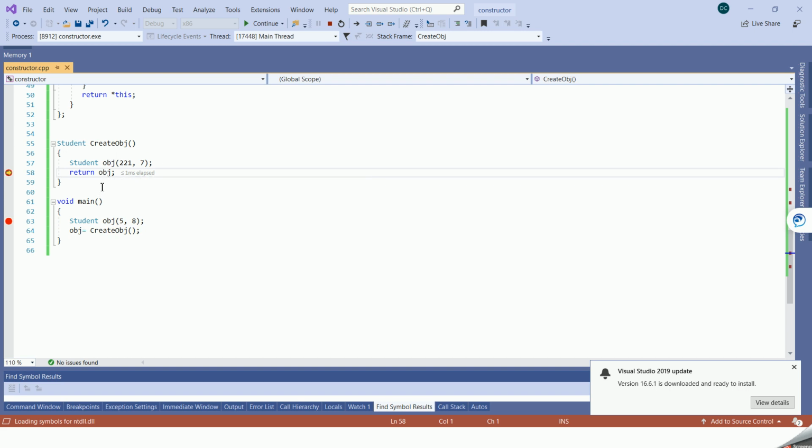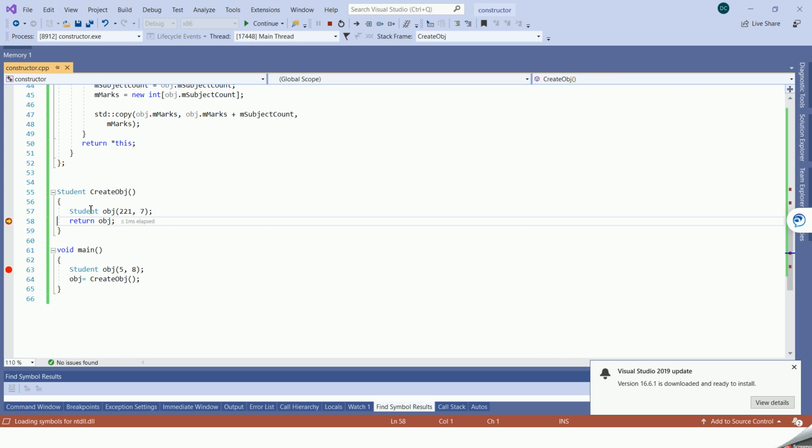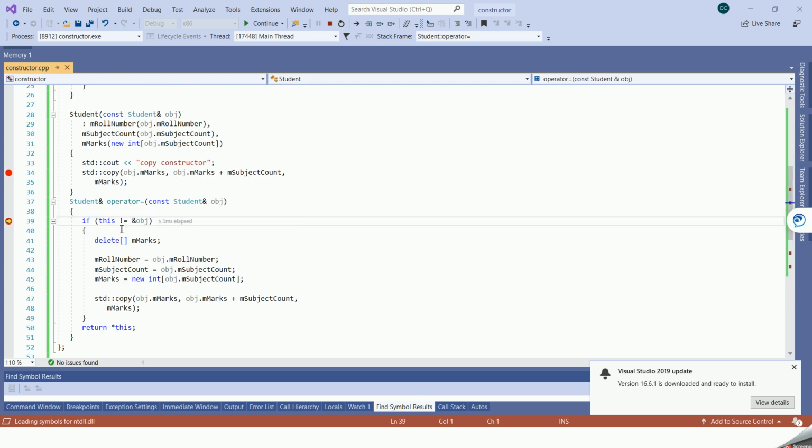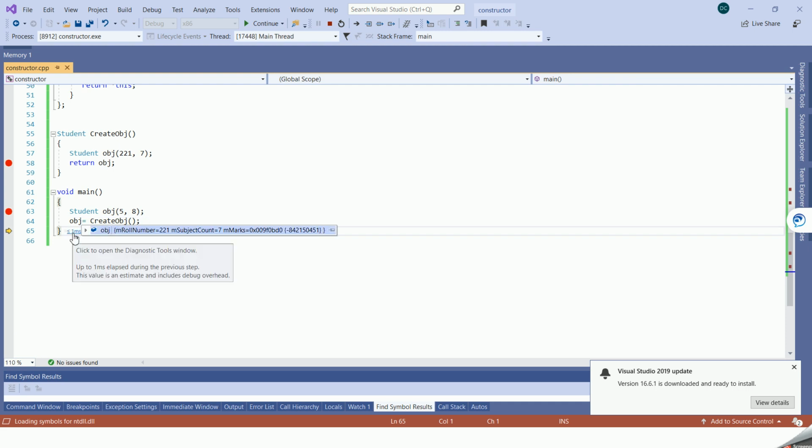Now when this function is returning, there will be two copies of the object that get created. For the first copy, the copy constructor is getting called. Here one extra memory is getting allocated, and then one more copy will happen when this assignment is happening. In this case the assignment operator will get called again. So you can see there are two copies happening over here. Again memory is getting allocated here, and now it is returning. So in case of assignment there are two copies.